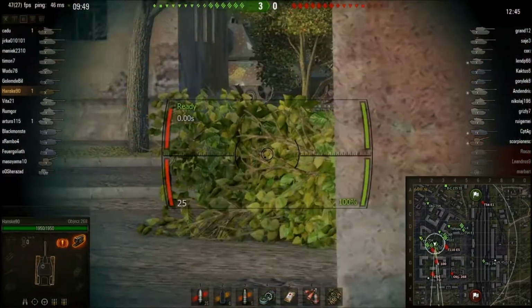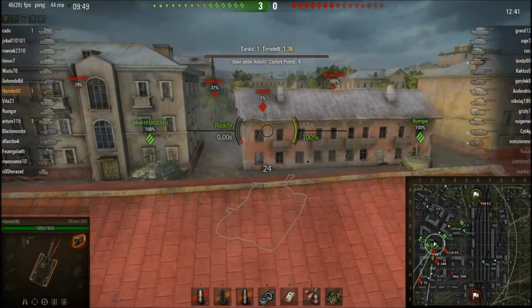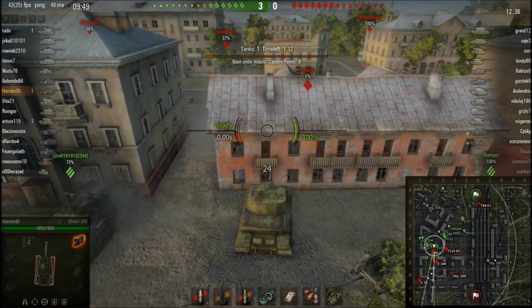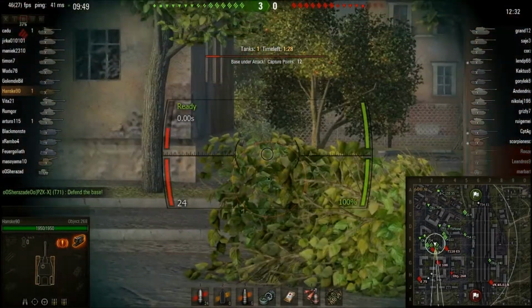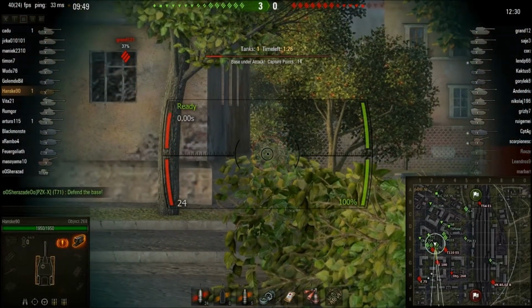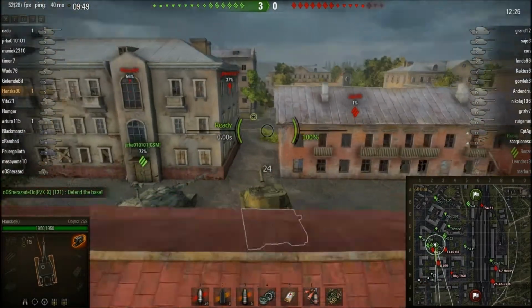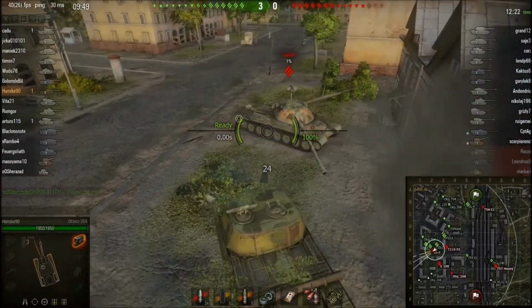Here the E100 pokes out to get a shot. He already used his repair kit when I tracked him, so when our IS-7 tracks him again, I can just get another 950 damage into him. He cannot panic. At this point, I don't think that STI is gonna come anymore, so what I'm gonna do is again just push forward, finish off that IS-7 first,